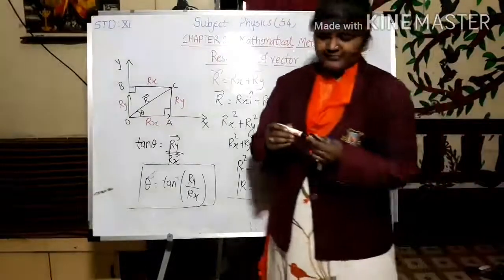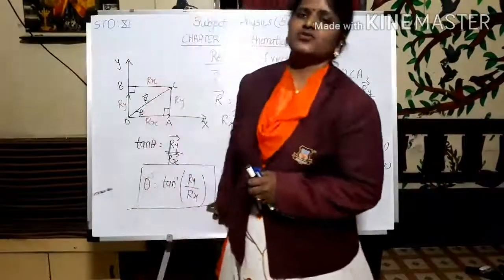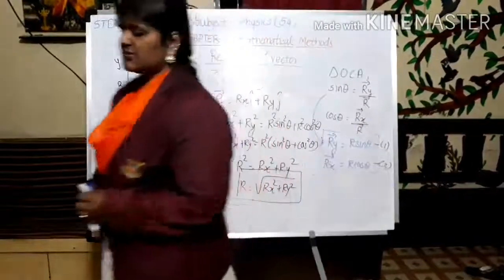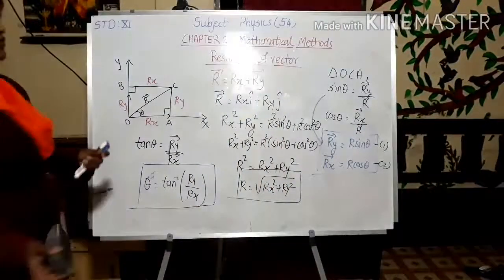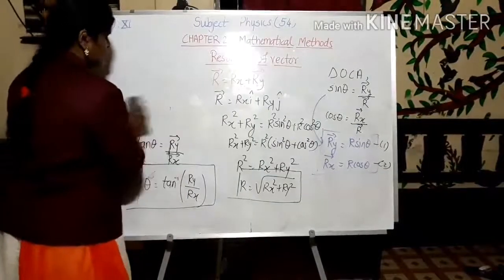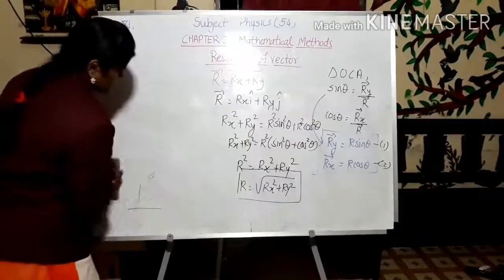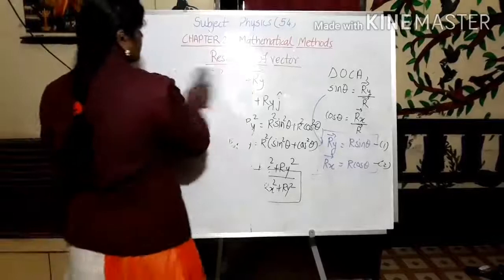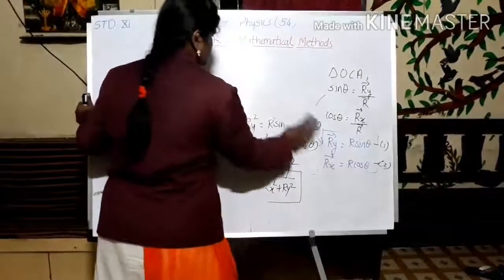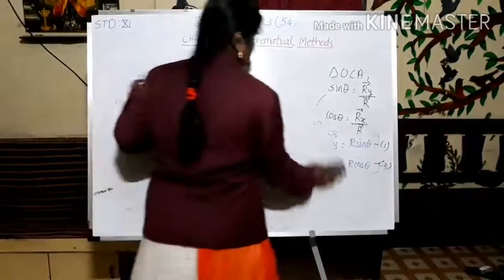So what we are going to do now is solve the numerical which is based on this, so that it will be easier to understand. We will solve the numericals which are solved in your textbook as well as those in your exercise. Separately we are not going to discuss the exercise. We will solve the numericals over here only, and the theory part you can find out.